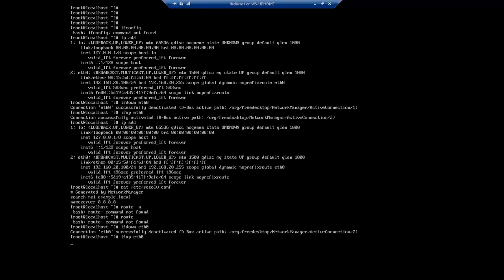It's sending a broadcast message to the entire network, but there is no server available that will assign the IP address to the client machine. So automatically the client machine will land up with an IP address 169.254.something.something. That's a class B IP address, and that IP address is called APIPA.